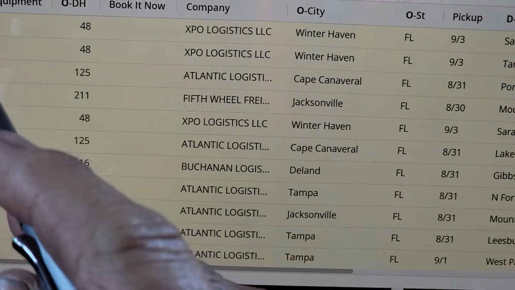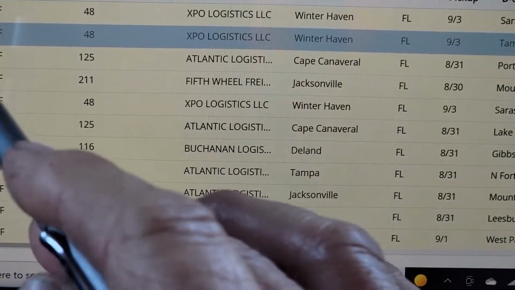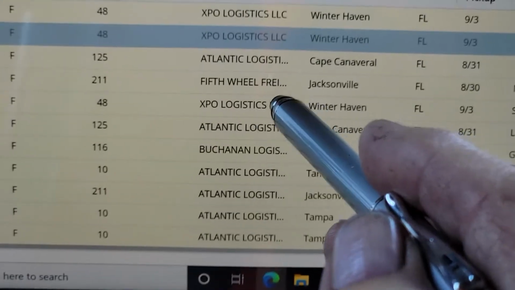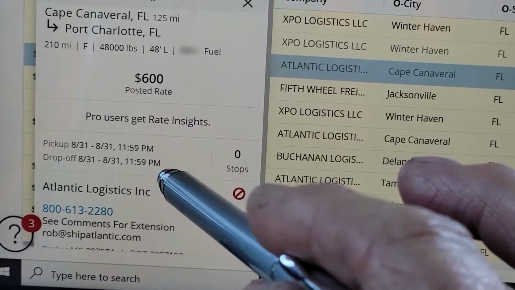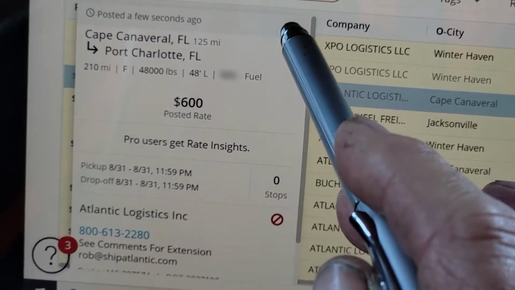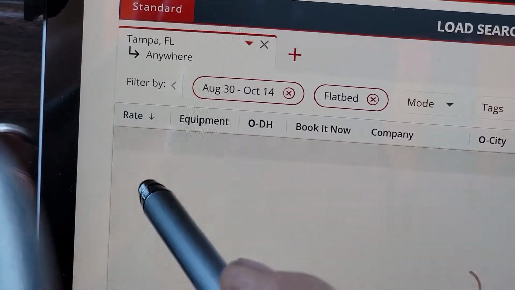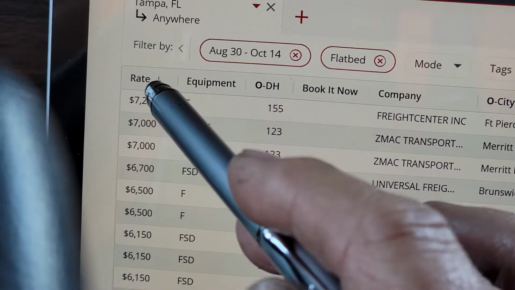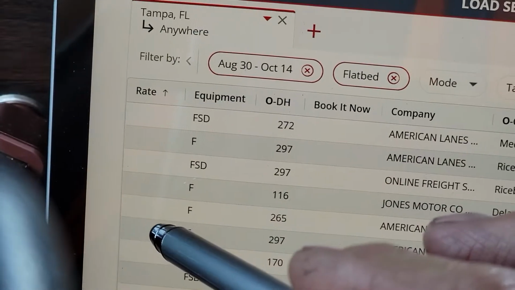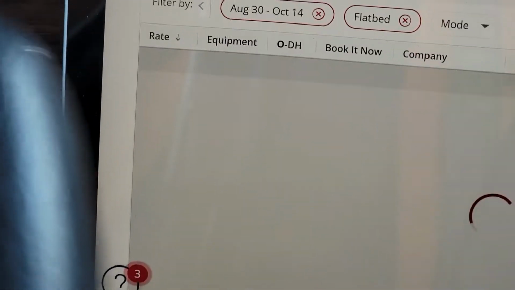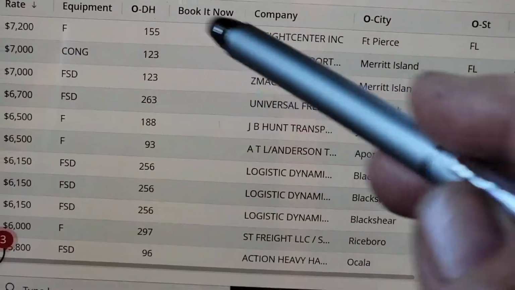So anywho, now this is like the rate. If you touch on any of this, it will pull up the load that you're looking at, like I just did. See, watch. It gives you all the details. So now I can go to the top and click on rate, and then I can go to the highest rate or the lowest rate, and you can do that anywhere along this menu on the top.